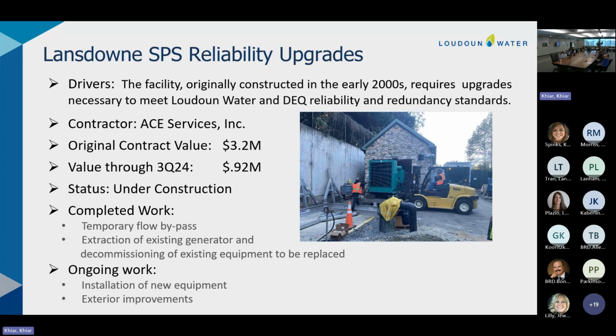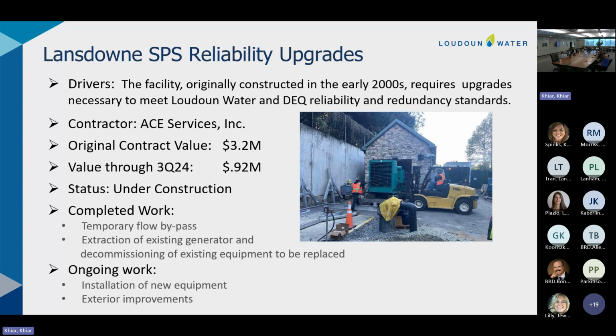Under construction, we've completed the bypass. We've completed the extraction of the existing generator, decommissioning of the existing equipment, and are starting to work on its replacement. Obviously, with these types of projects, we have the bypass on a very well prescribed constraint on performance.